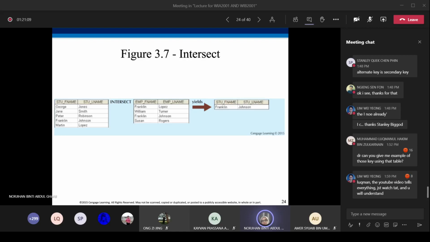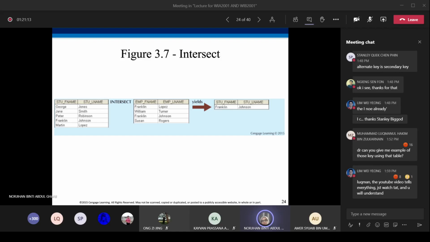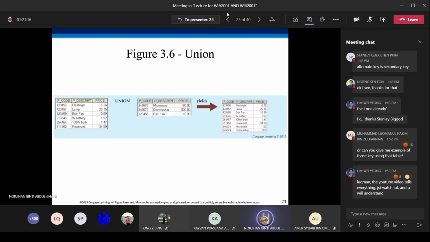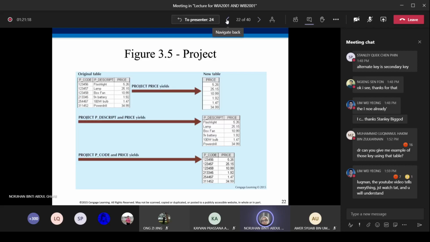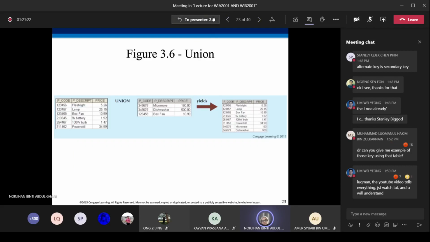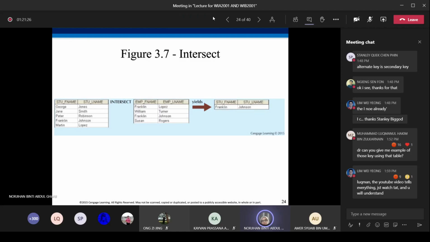For union, we want to combine all rows from two tables, but for intersection, we want to display only the rows that exist in both tables. Then again, tables must be union compatible to yield a valid result.